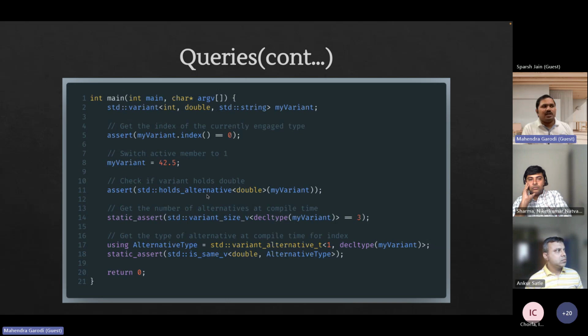By using holds_alternative, I can pass a templatized parameter and check whether the variant holds the double value. If it holds a double value, it will return true. If it doesn't hold a double value, then it will return false. So you can do a basic type checking here. Then we have variant_size_v, and for this we have 3 alternatives available, so it will return